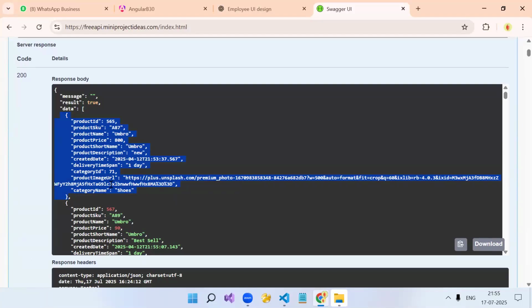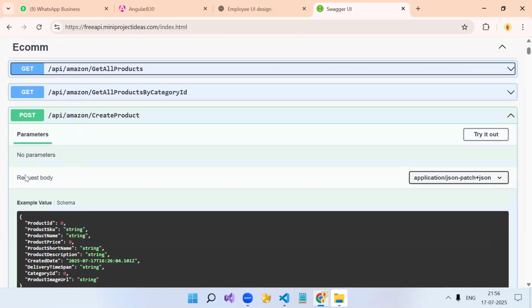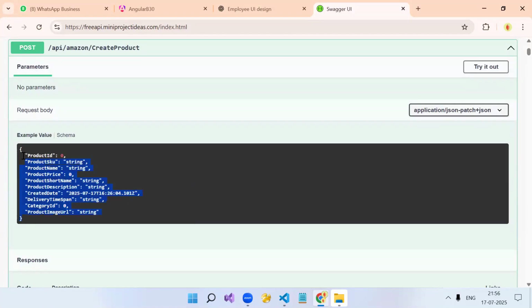Got it? Let's say an employee form. In the employee form, you have around 50 fields. Can the GET API also return the 50 fields? There is no use of returning all the data in the GET API. We are not going to show the 50 fields in the table, correct? So your post object can be different and the GET API response can be different. So whenever you are working on a CRUD operation, always copy the post one only, not the get one. Get can be different. Okay?